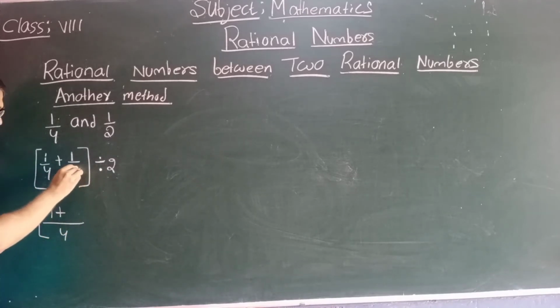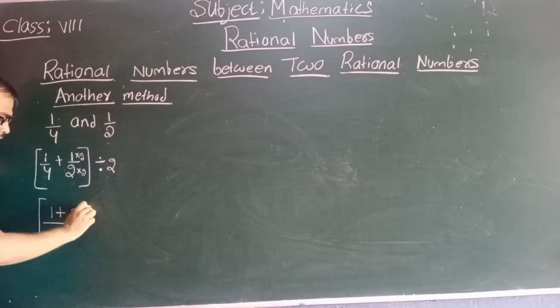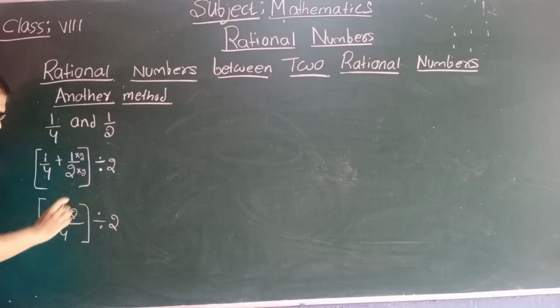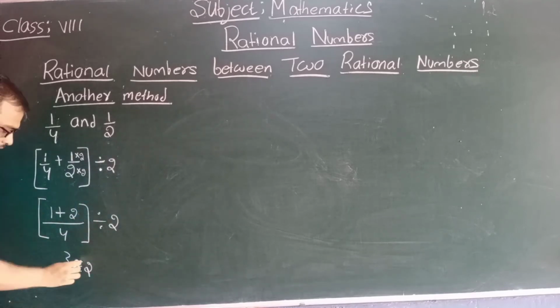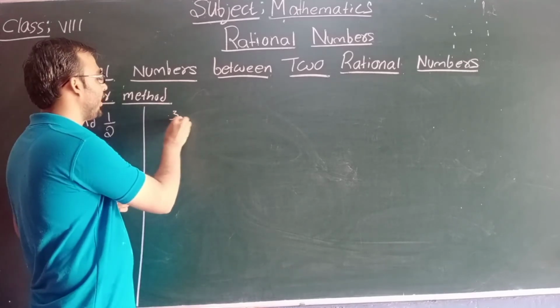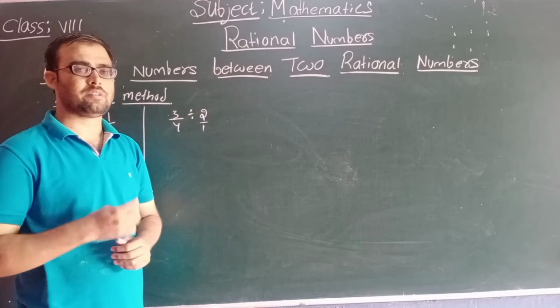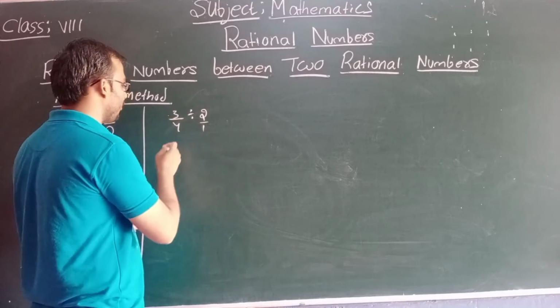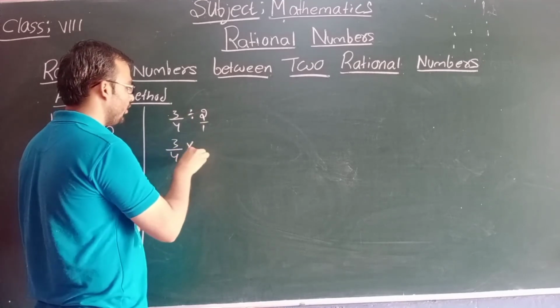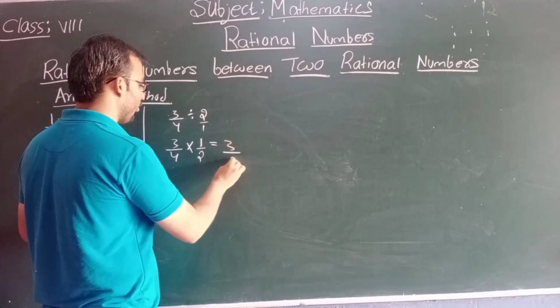Then to get 4 here you need to multiply by 2 and here also you need to multiply by 2. Now 1 2s are 2. Okay, so here now 1 plus 2 is what? 3 and 4. So 3 by 4 divided by 2 is there. So we will rewrite it. 3 by 4 divided by 2, no? So how to solve this? In 7th standard you have learned how to solve this kind of problems. If nothing is there means 1 will be there. So here 3 by 4, you need to take the reciprocal, 1 by 2. So 1 3s are 3 and 4 2s are 8.